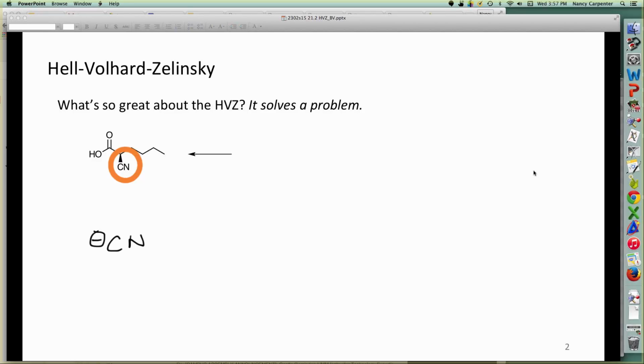Well, but the thing is then, if I'm going to try that, that means somehow or other I'd need to make this an electrophilic carbon, which makes zero sense at all, because what we know about alpha carbons is that they can be deprotonated